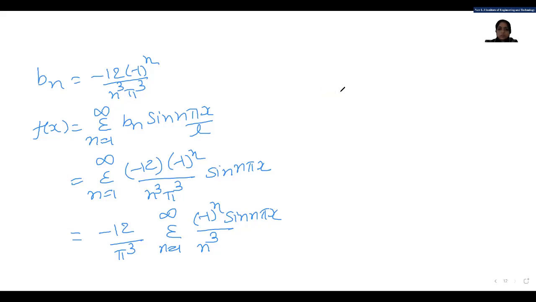So, we'll move to the last topic of the Fourier series, students. And this is, again, one important topic. Every year, one question from this topic arrives in the GTU exam as well as the internal exam. It is also the easiest topic of this chapter. The name of the topic is half range Fourier series. So what is the half range Fourier series?